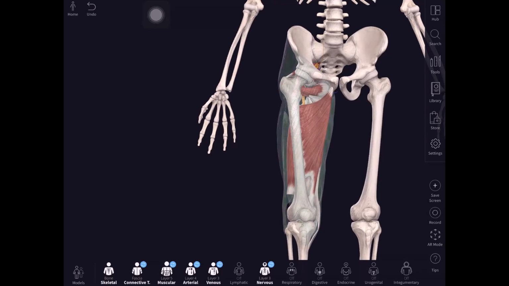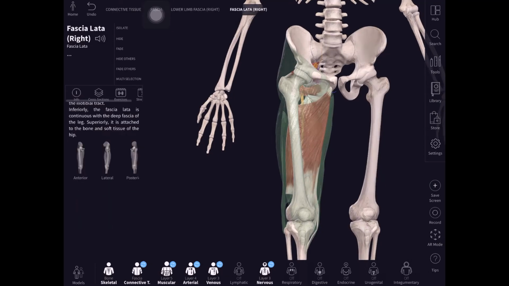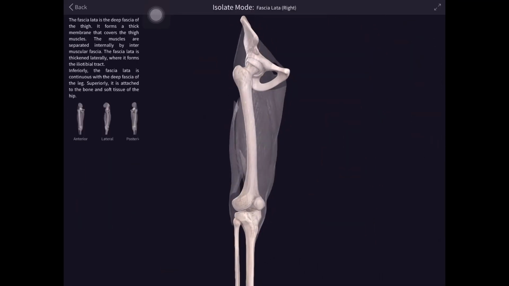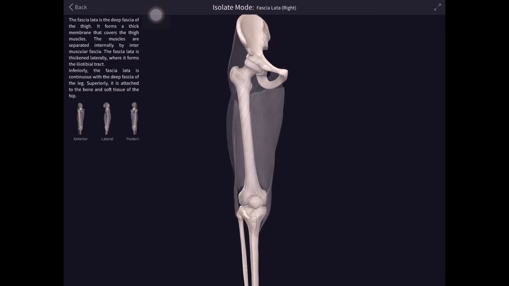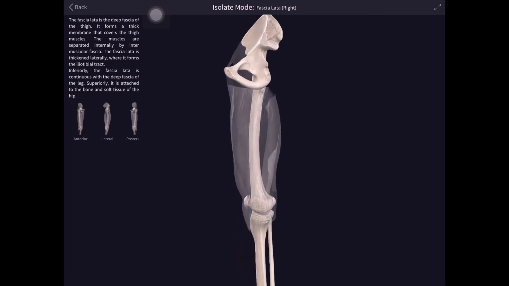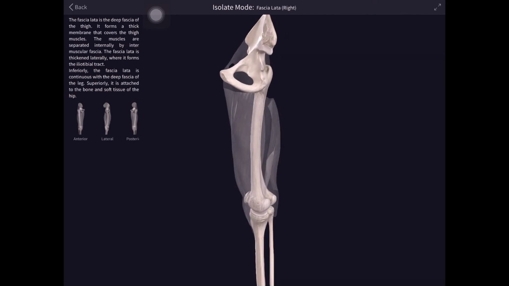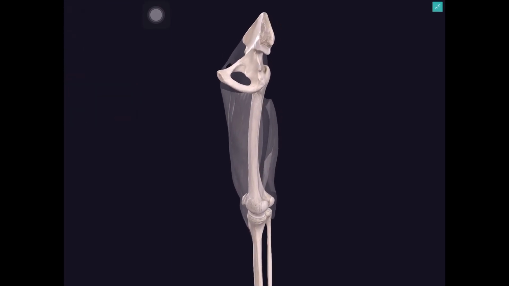First we can see this because I have to hide this, then only I can see. This is your, let us isolate this. Now that's your fascia lata. Now here I have to show you this attachment. Here this is the attachment we are concerned with